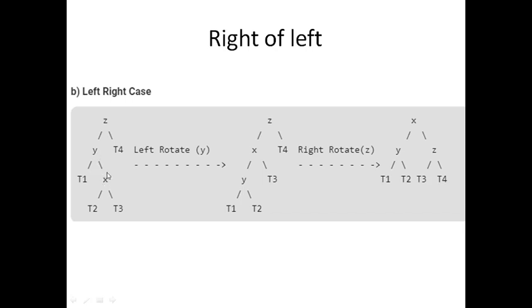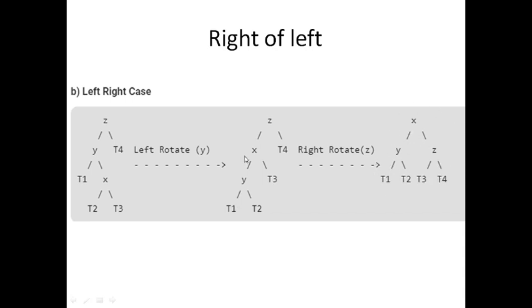Once again we have that situation. There is going to be an orphan for the X, which is T2, and the same solution: T2 gets adopted by Y. So now you can see it is a left of left problem. Now the problem is a common problem which is left of left, and we know what should be done for that. Rotate the entire left subtree towards right, which results in this case. So this tree is now balanced.